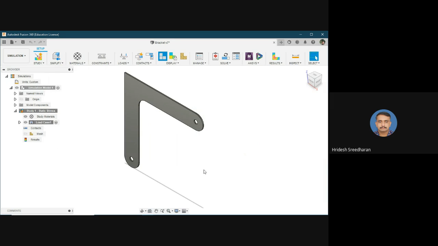Okay, so we have erased the previously done simulation data and we will be doing it afresh. So our model is ready.